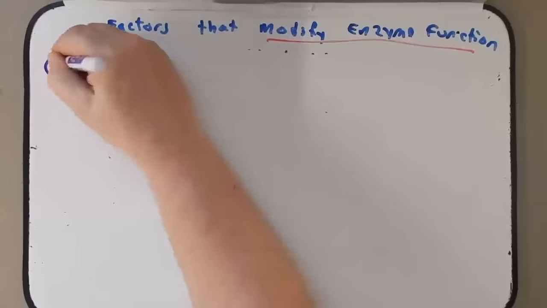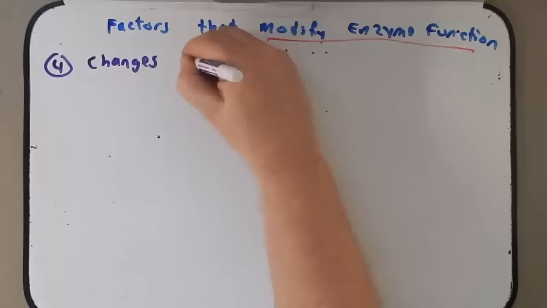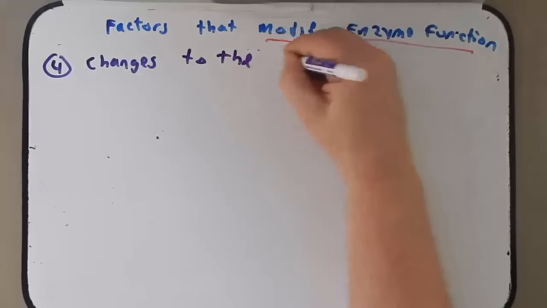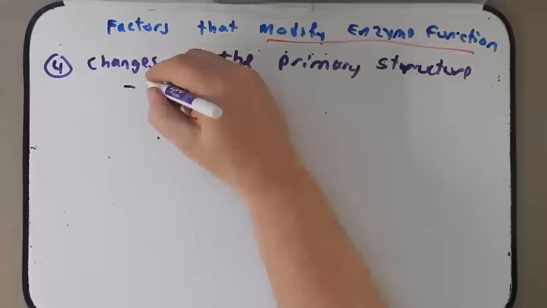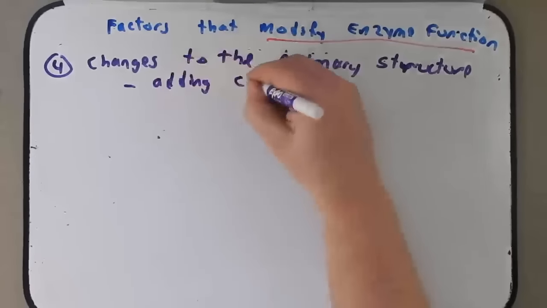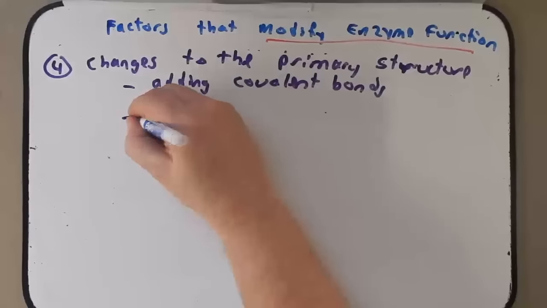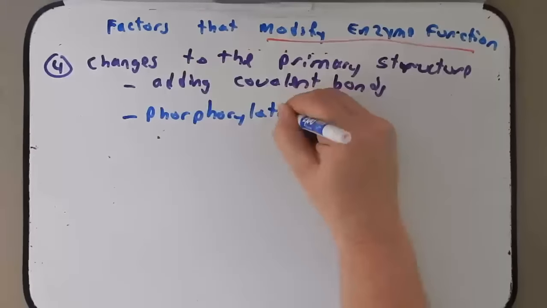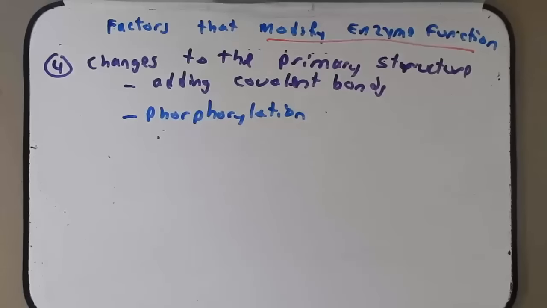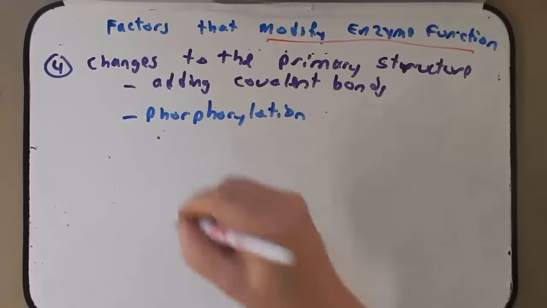The last thing we want to talk about are changes to the primary structure. What we're really talking about here are adding covalent bonds. A very common way to do this is by using phosphorylation. Adding a phosphate group to the enzyme that changes the shape of the enzyme or the charge of the enzyme to facilitate the activity of the enzyme. So for instance, we could have our enzyme here,